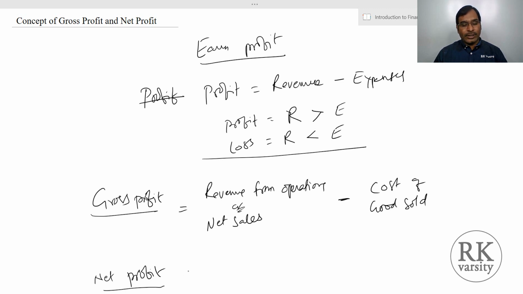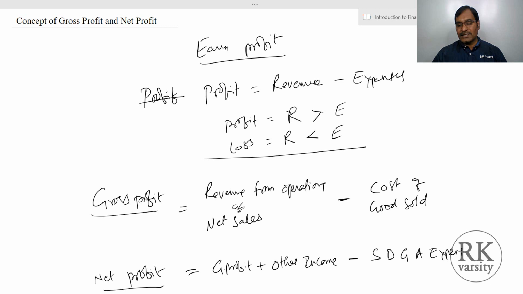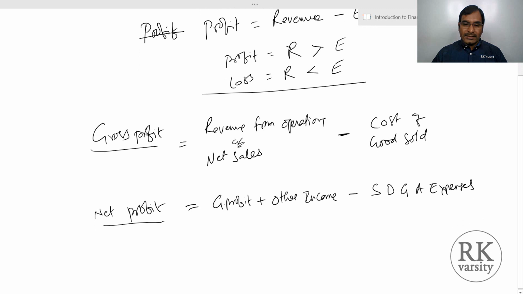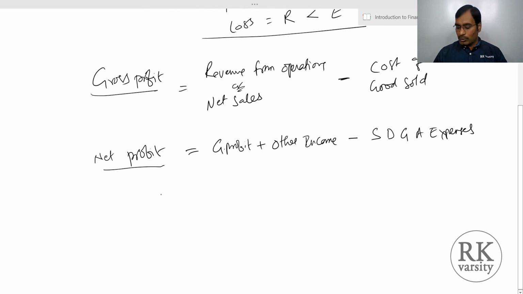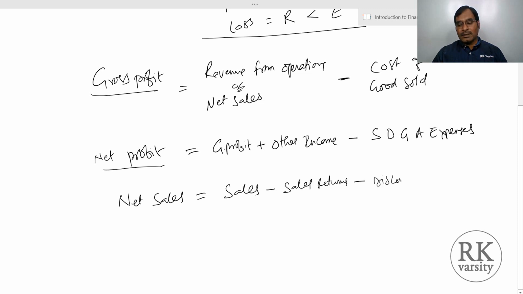Then when it comes to the net profit, your net profit is gross profit plus other income minus selling, distribution, general and administrative expenses. Now we'll extend this a little further. When you're talking about net sales, net sales equals sales minus sales returns, if any, minus discount, that is a trade discount